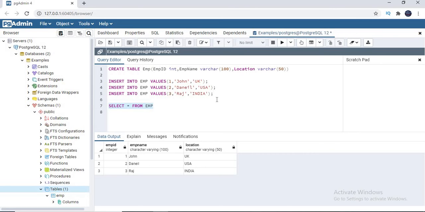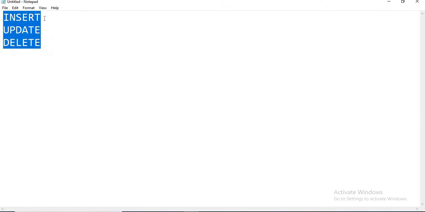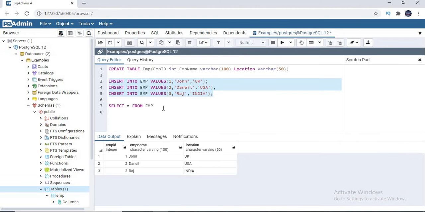So this is the first DML command, which helps us do insertions only. Insert command is for insertions only. Then what is update? The update command is for updating the existing data only. Then the delete command deletes the data in the existing table. Now let's go for update.